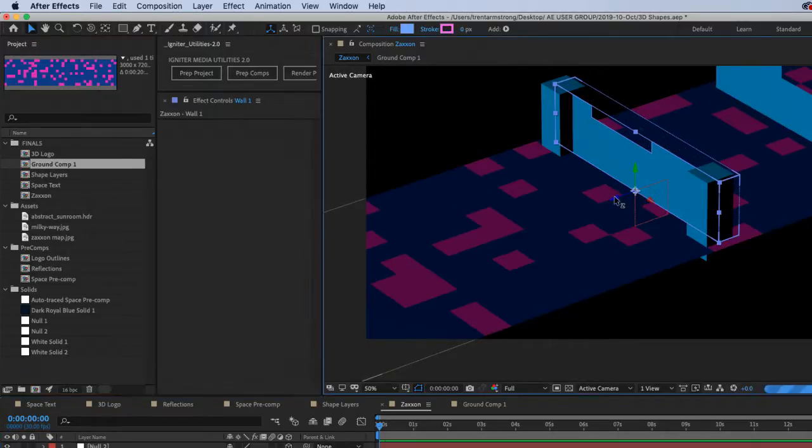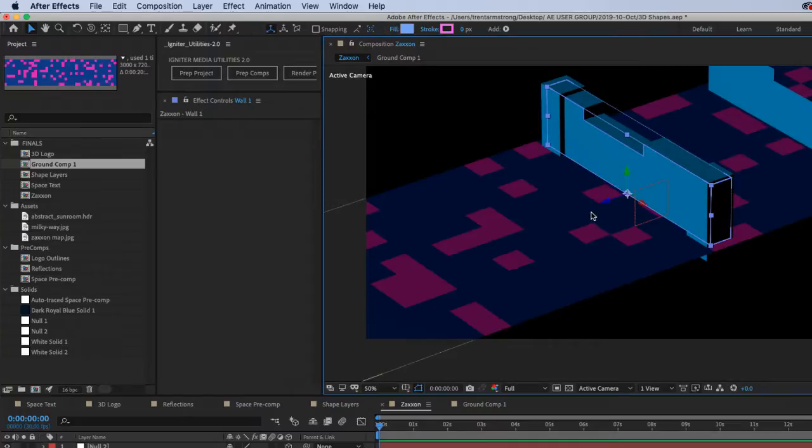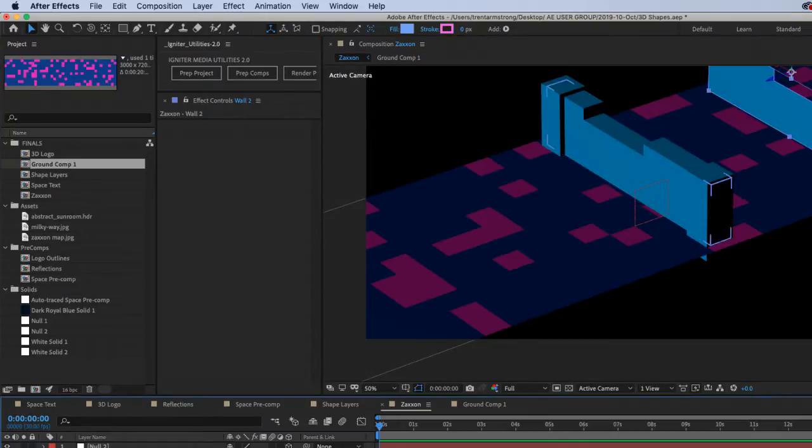That. Copy that extrusion like that. Duplicate the columns for wall 2.